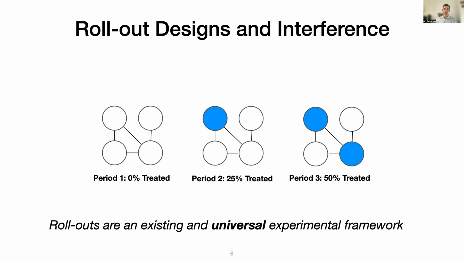In our paper, we're only going to consider rollouts at 50%, since we want to be able to determine whether or not a policy is good or not, and then and only then roll out to everybody. The important thing to note is that by increasing the number of individuals who are treated, I'm inducing temporal variation in treatment exposure and thus the interference effects. That is, if there is no interference, then this design is not going to change our estimates of how well a policy performs. But if there are interference effects, then we should expect to see some fluctuations in our estimate of how well a policy is performing.